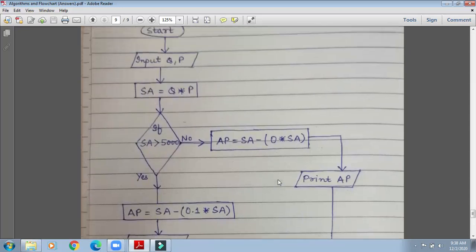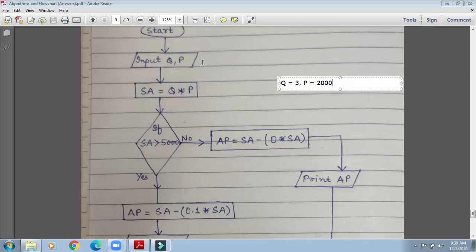Now if someone can tell me what will be the amount payable, what will be the process that will be followed if all of the commodities are of 2,000 rupees. The condition is the quantity is 3 items they have bought and the price of each item P equals to 2,000. Tell me what will be the process now.